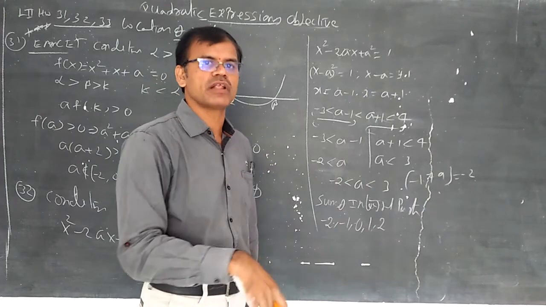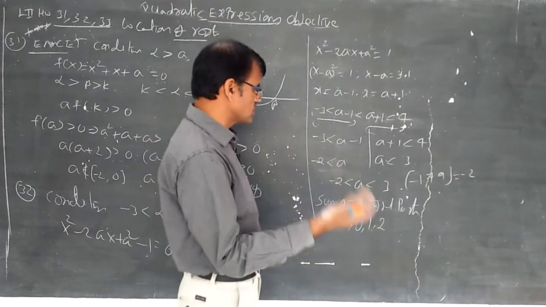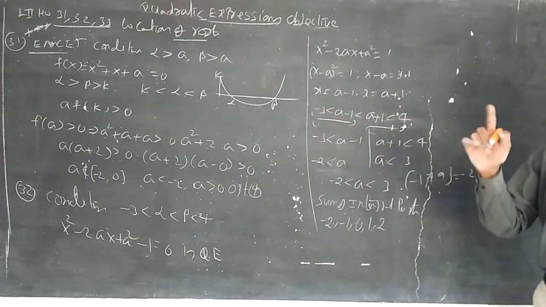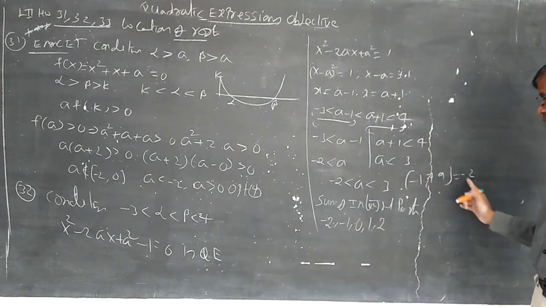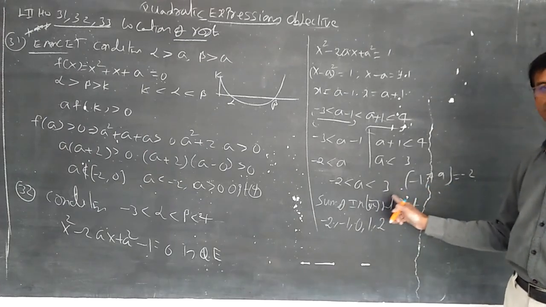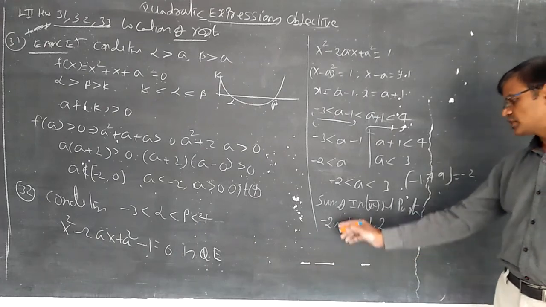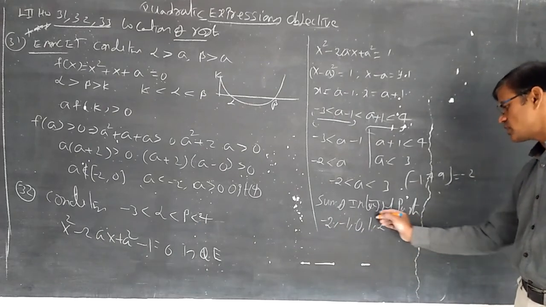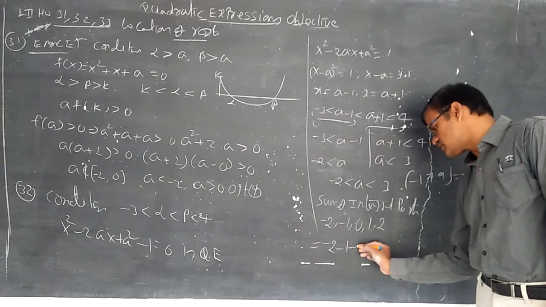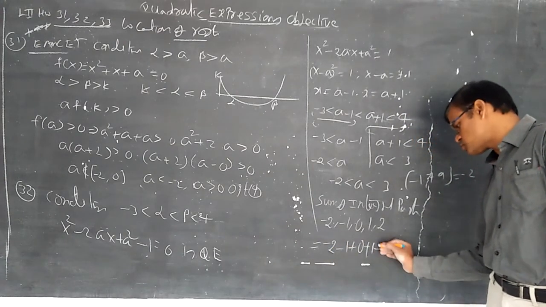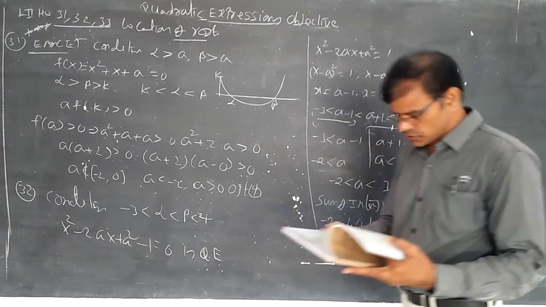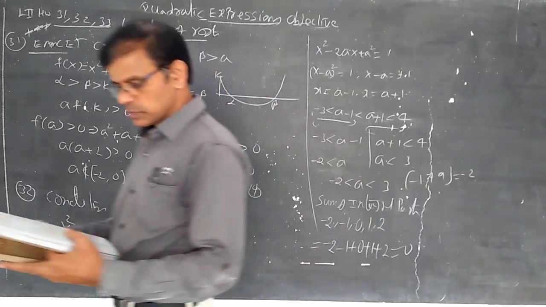By substituting the values between minus 2 and minus 1, plenty of real numbers are there, you can apply. Whenever you are applying, you can get the value minus 2. Whenever you are applying 2.79, 2.93, then you get 2. So the step values here, you can write integral part with step values. Now the sum: minus 2 minus 1 plus 0 plus 1 plus 2 is equal to 0. 32nd question, 0, first option.